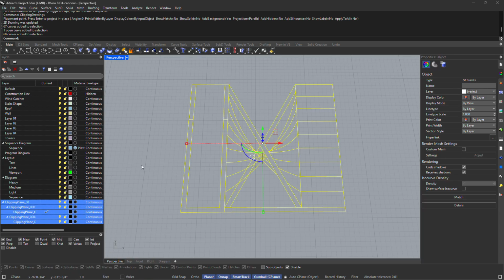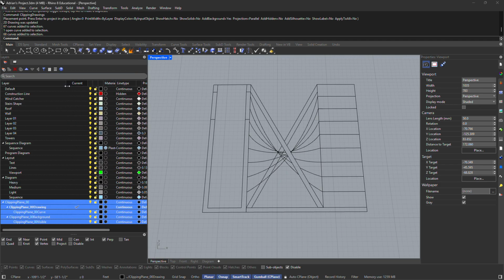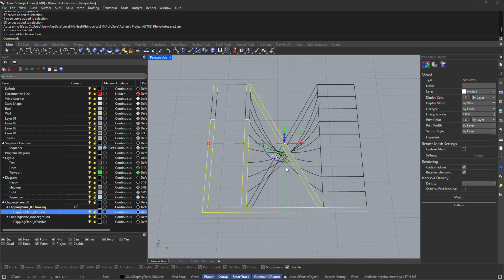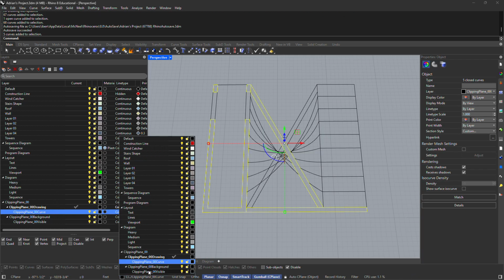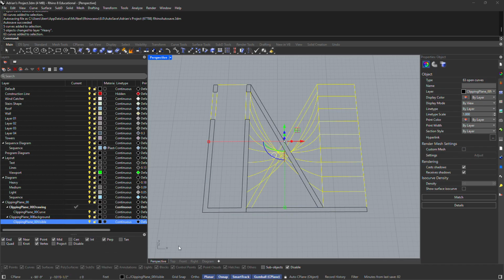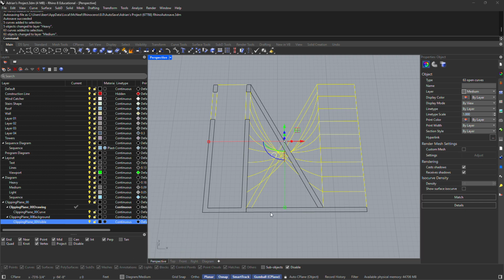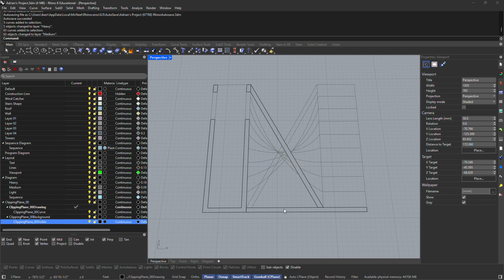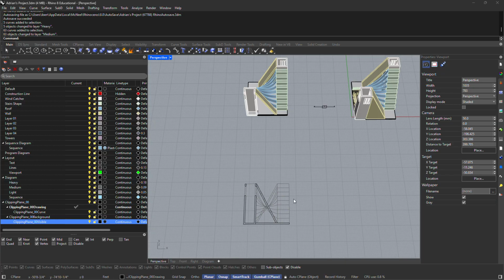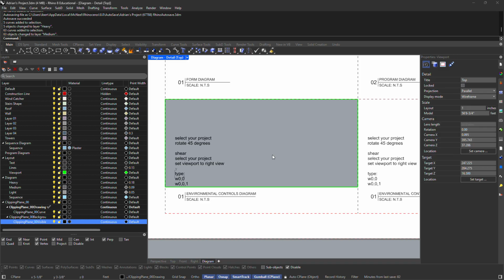Now, what I'm going to do is expand this and that right here. Select curve. So anything that's a curve is being cut, right? I'll put that into my heavy line. And then right here, anything that is not being cut, I'll put that into my medium or my light line, depending how far away they are from the project or how much of a distraction they are, right? And then I can go back to my diagram, select my viewport,